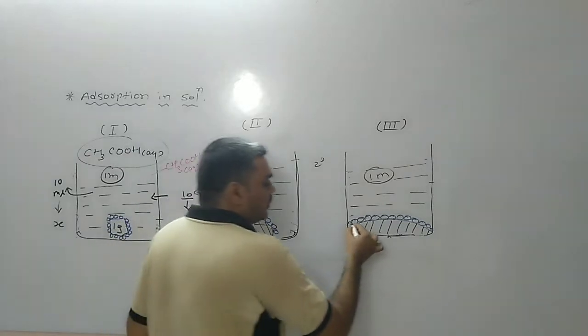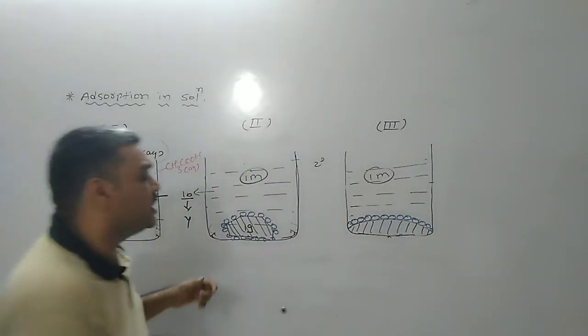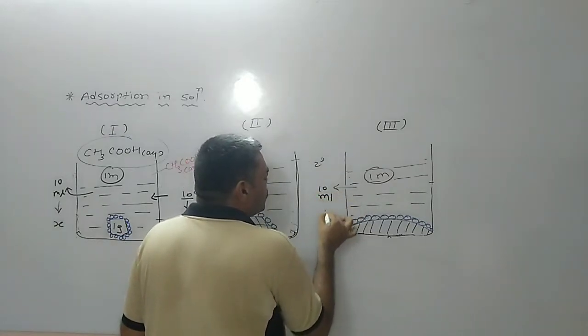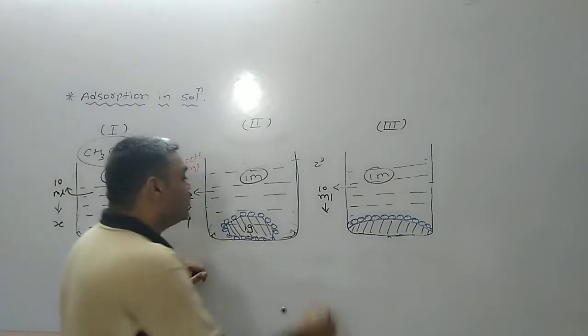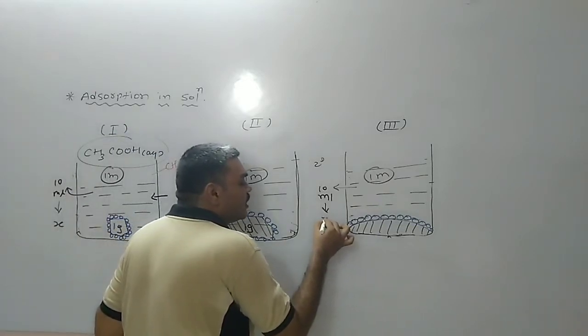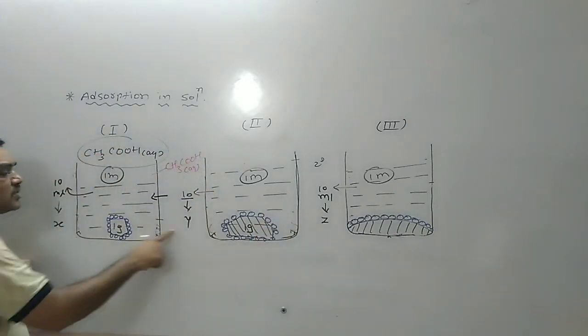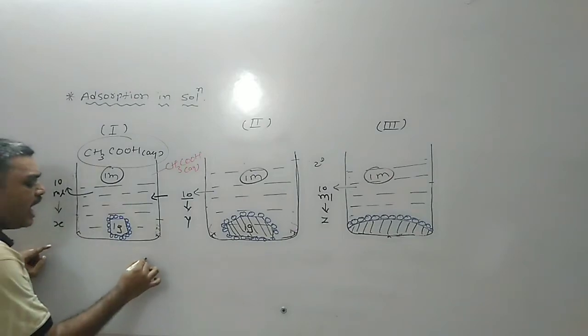In that charcoal you will consider the powder form and more surface area. After 10 minutes its 10 ml solution you will titrate again with 1 molar NaOH. You will get the decrease in concentration as Z, and in the XYZ relationship you will find that the X is